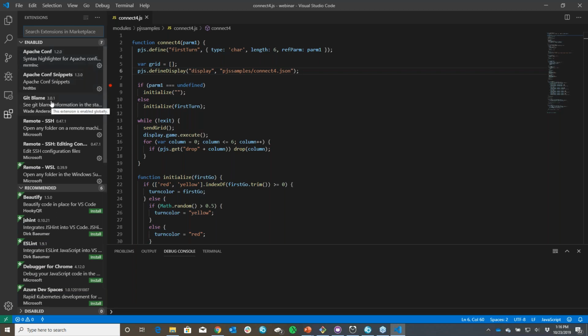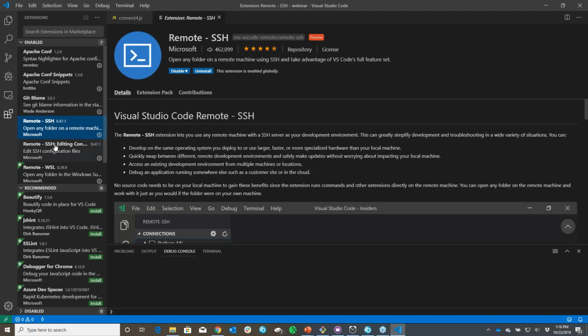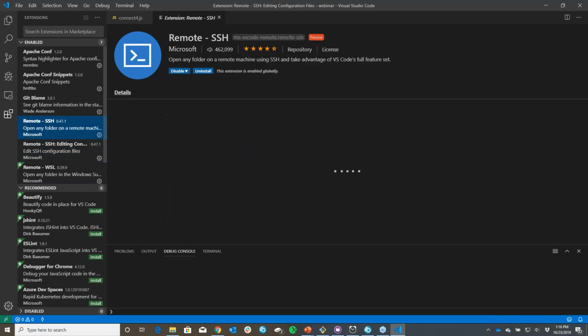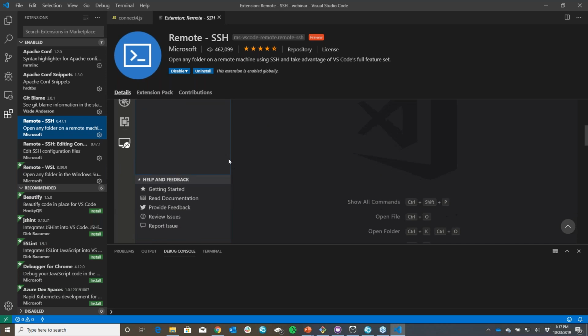I have quite a few that I use for different things, but the one that I use the most is Remote SSH. So what I use this for is it gives me the ability to,